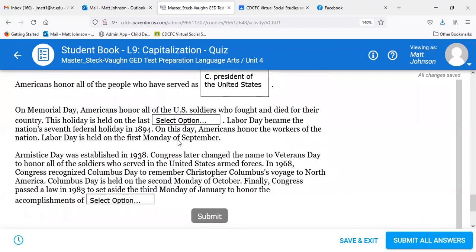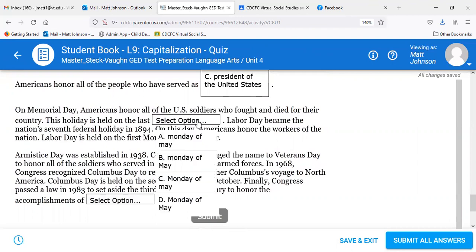And then Armistice Day. Oh, wait, I'm skipping way too far. On Memorial Day, Americans honor all of the U.S. soldiers who fought and died for their country. This holiday is held on the last, is it A, B, C, D? Yeah, right, because we have a day and a month. So both of those would be capitalized regardless. So Monday of May,